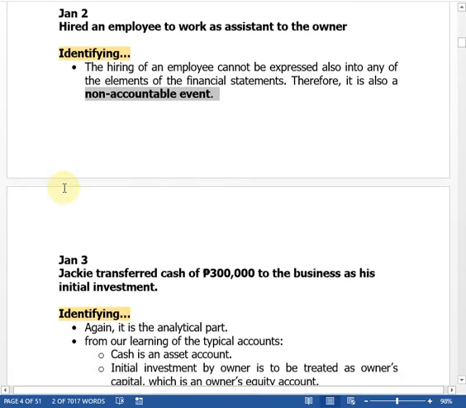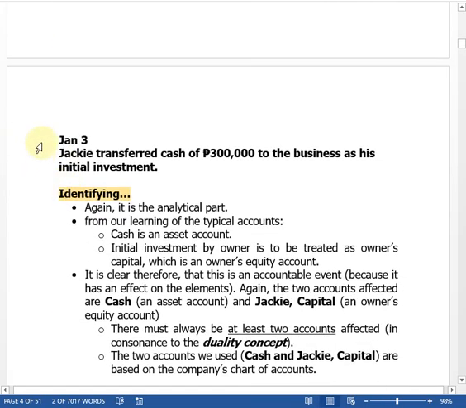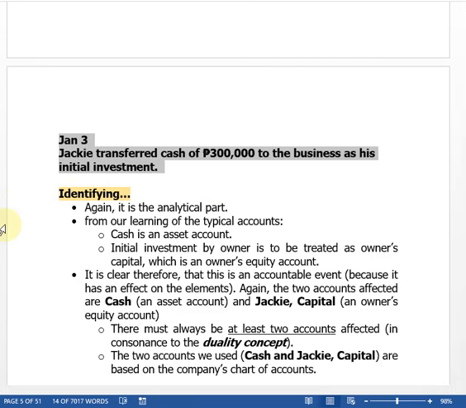Now we go to January 3. January 3 transaction, Jackie transferred cash of 300,000 to the business as his initial investment. Now we do again the identifying analysis. In this transaction, what happened is that Jackie